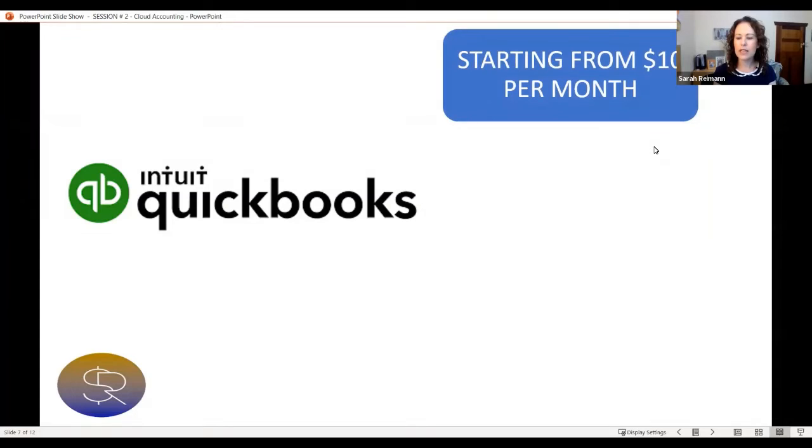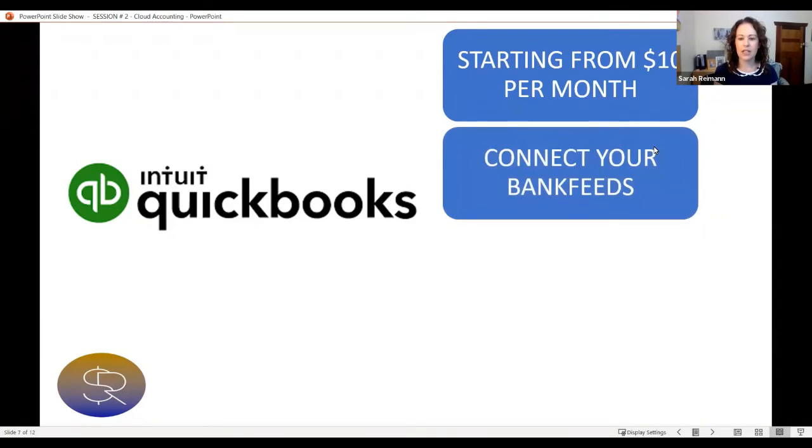And QuickBooks is really accessible. It starts from around $10 a month, which even includes payroll. It's a really accessible, user-friendly software. And again, you can get your bank feeds coming in, so you have to register your bank account and connect for the bank feeds coming in. You can manually import transactions if you need to,